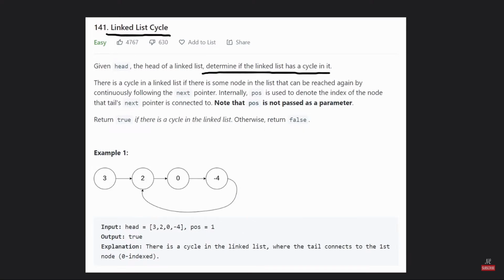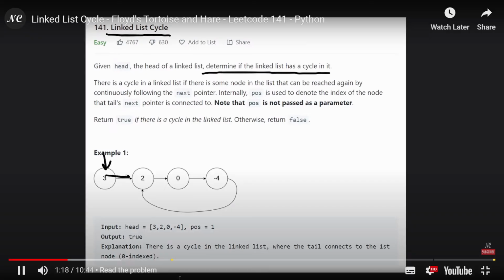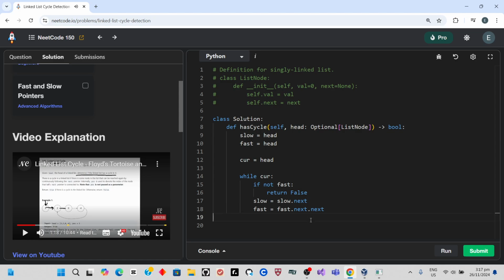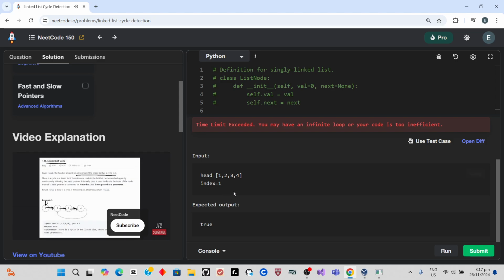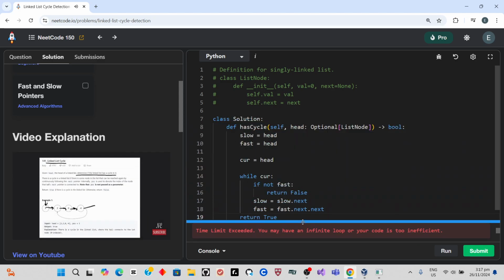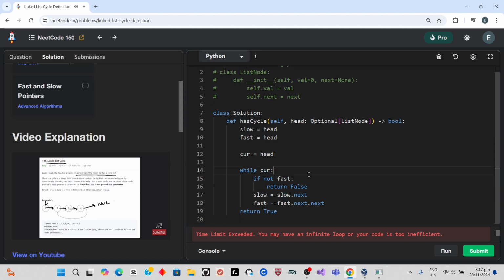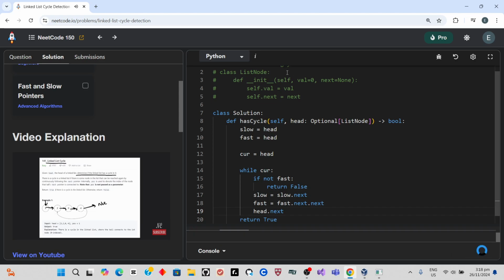Now, the first idea you might have is just start at the beginning, keep going to the end, keep going, keep going, and eventually, let's say that this -4 actually pointed to null. In that case, we know, okay, we got to the end of a linked list, right? So in that case, we return false, no cycle. And that's always going to be the case. So if there's no cycle, it's really easy to detect that there's no cycle because eventually we reach null. But if we don't reach null, right,